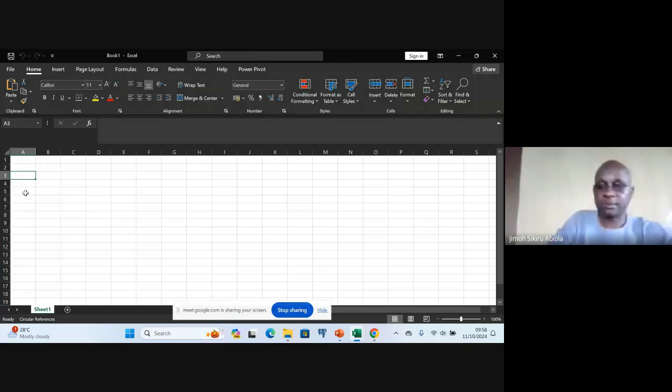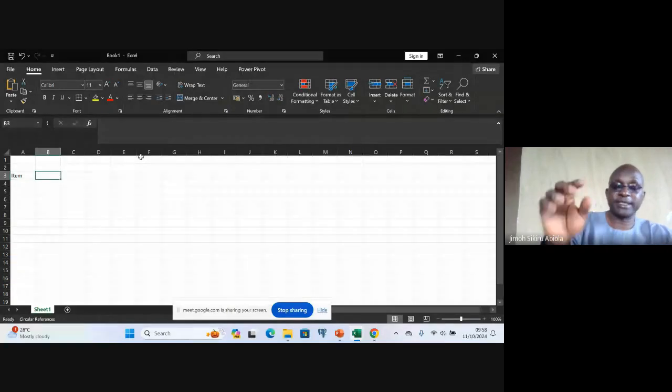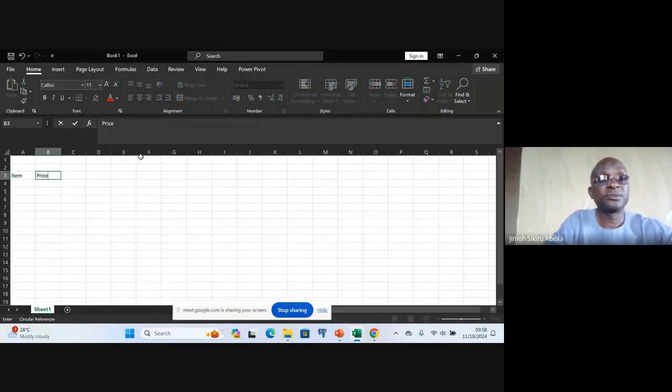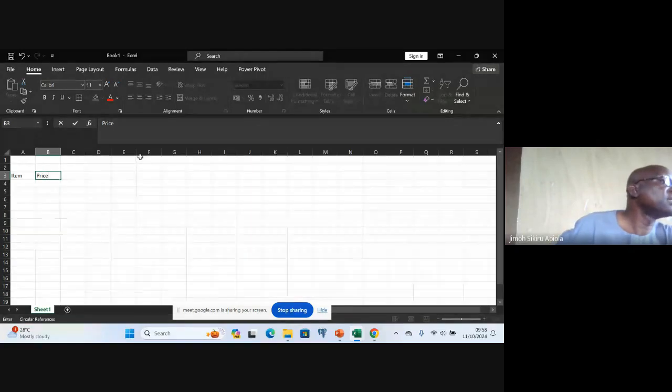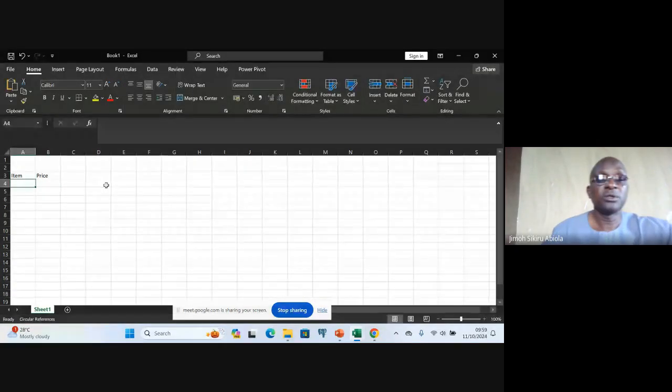This first column is called column A. And the rows, let's enter item. In the second column B, enter price. So under item now,